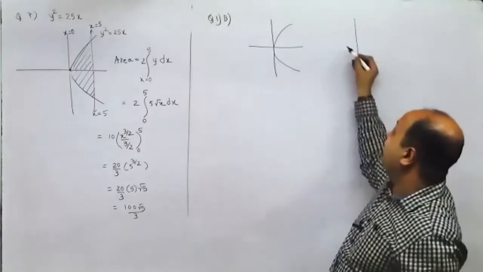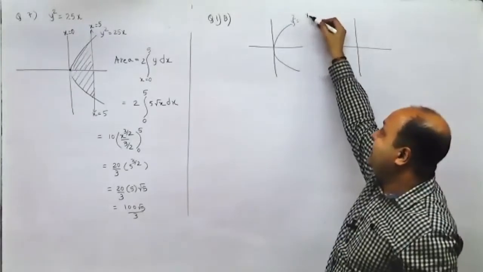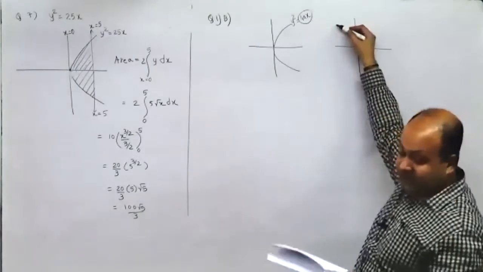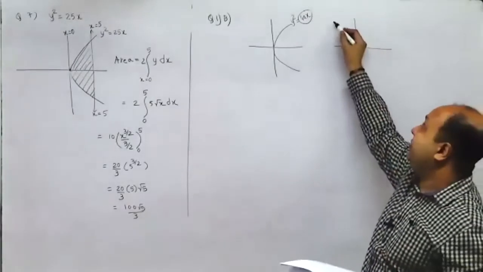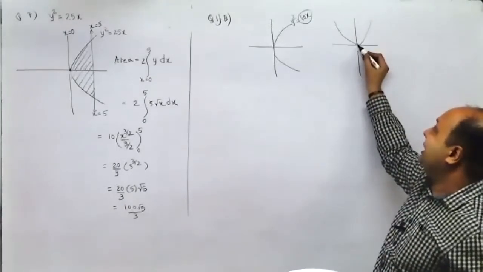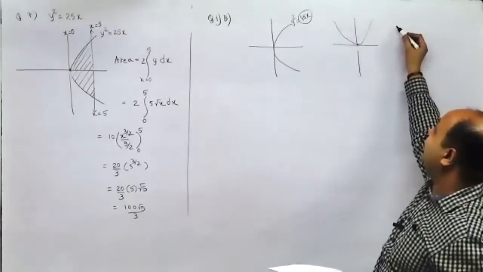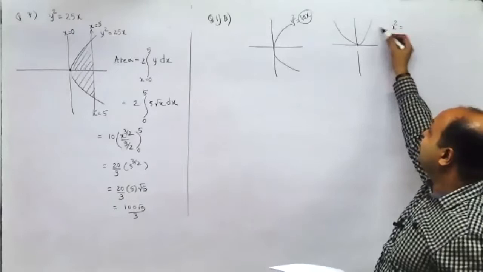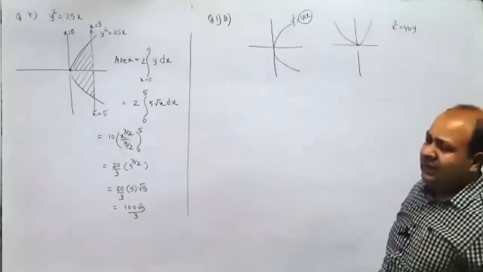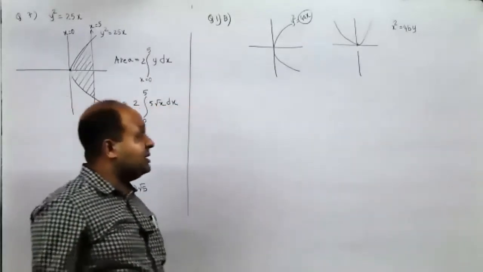When the curve lies on the x-axis, you have y square, then you have x over here, and the standard parabola would have 4ax. Similarly, if the curve lies on the positive y-axis, then it would be symmetrical. Standard means the vertex is at the origin. First of all, it is symmetrical about the y-axis, so write x square here. Then, since it is symmetrical about the y-axis, you write y here. This would be 4by. You can write even 4ay, it doesn't matter, but 4by or 4ay is the same.